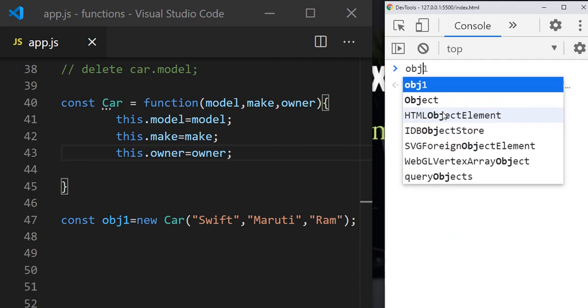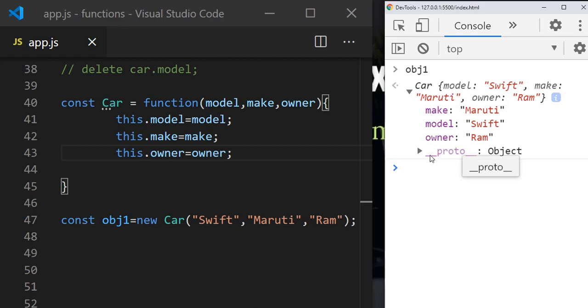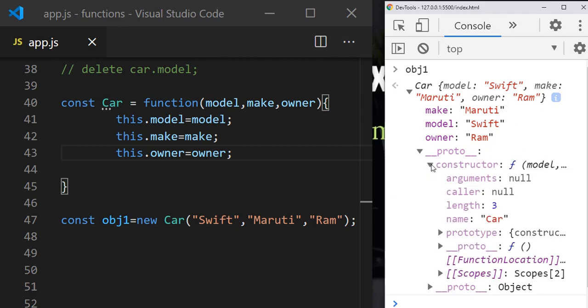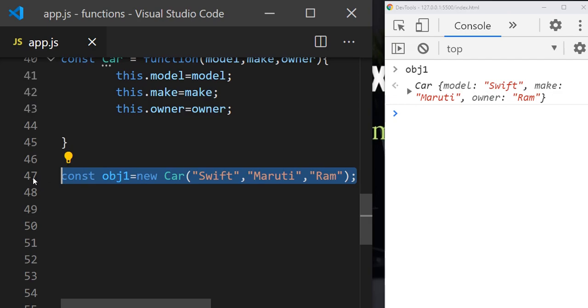Object1, obj1. You can see Car, and make, model, and owner, and it also has the proto object, and again it will have the constructor. You can see arguments length 3, and name is Car. Like this we can create another object out of this.